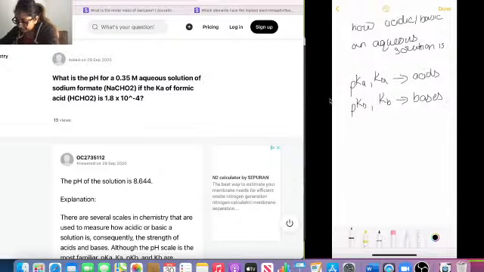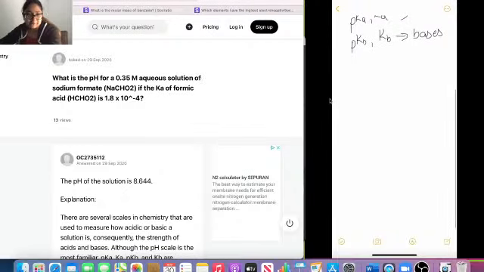Okay, and so your Ka is your acid ionization constant, and your Kb is your base ionization constant. And so here we're given that the Ka for formic acid is equal to 1.8 times 10 to the power negative 4,